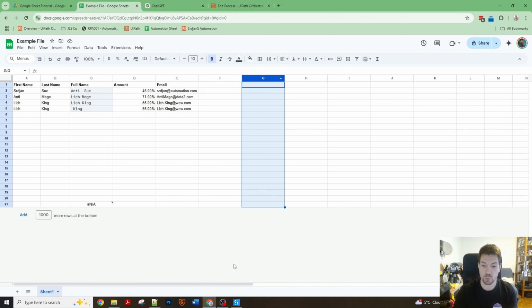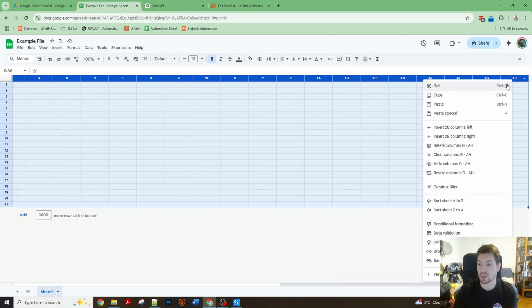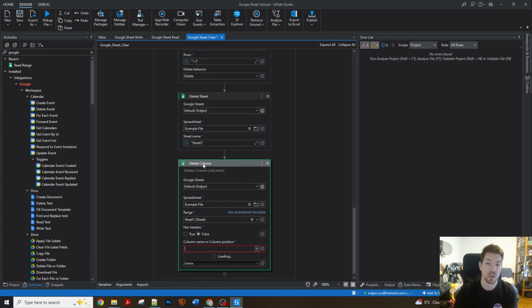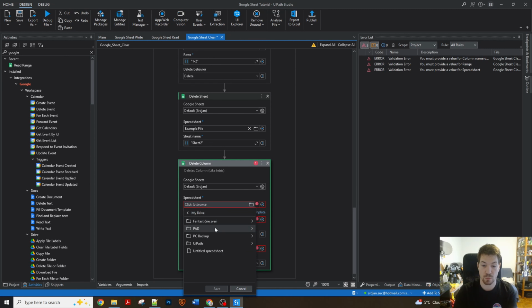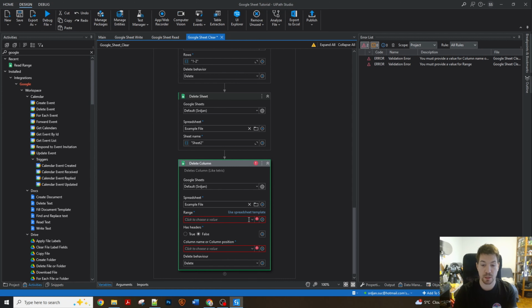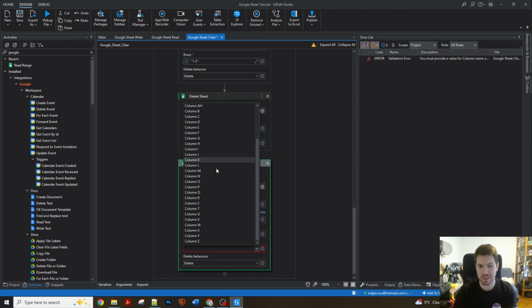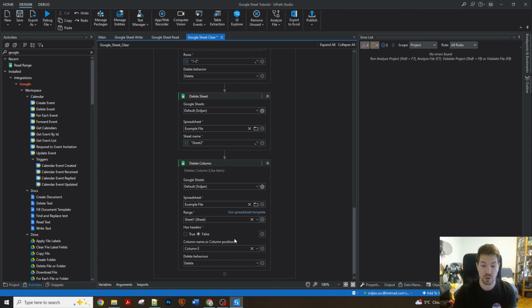I think if we delete this, it should dynamically read it. I don't know if we can delete it. Yeah, we can. Now if you go to my drive, UiPath, and remember that this can all be dynamic. So sheet 1, and now we should only have until F, but it didn't reload, but it doesn't matter. If we select column E and say clear content, the column E should delete the content. And if has headers is false,